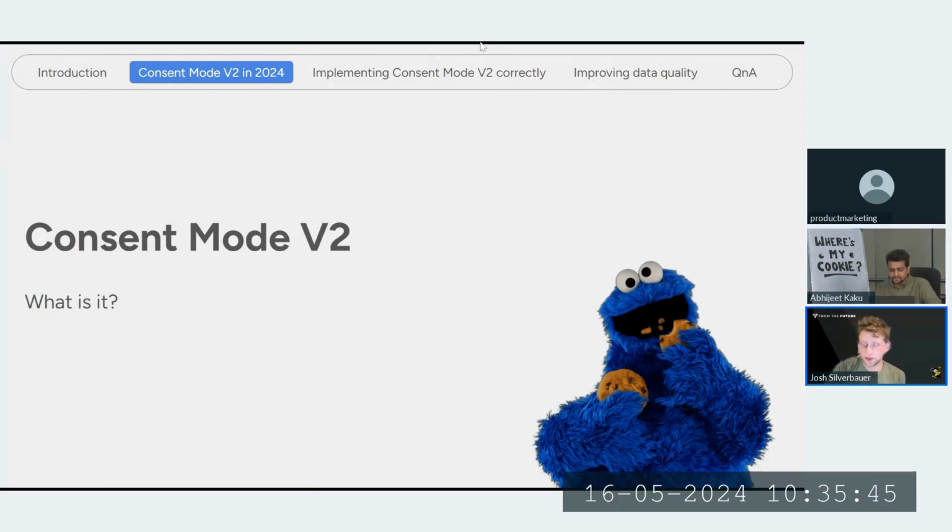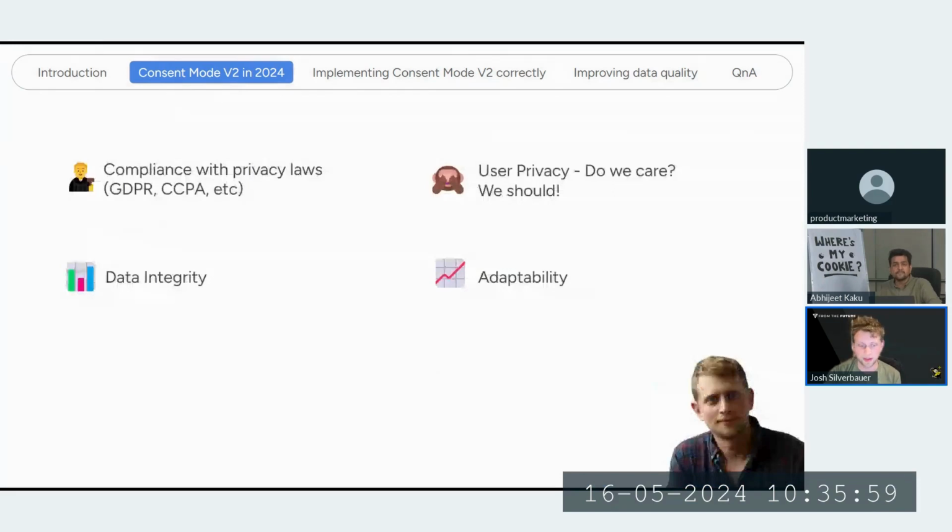Yeah, the consent mode as a concept has been around for a long time, and it really started getting a lot more complicated and present when Google said that you needed to implement it by March of this year to remain compliant within certain regions.